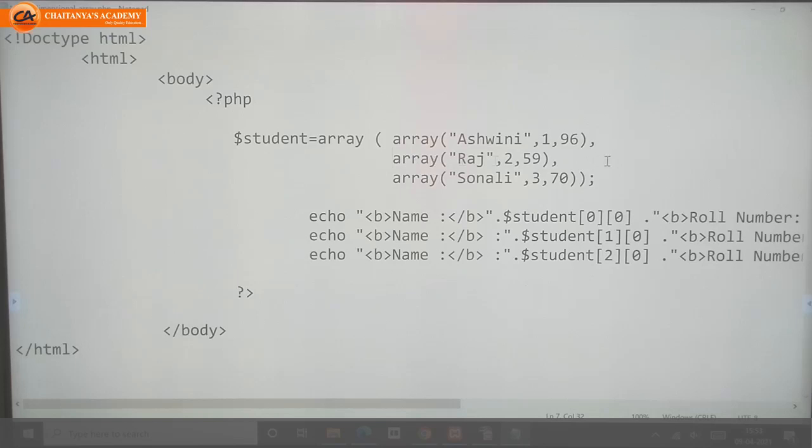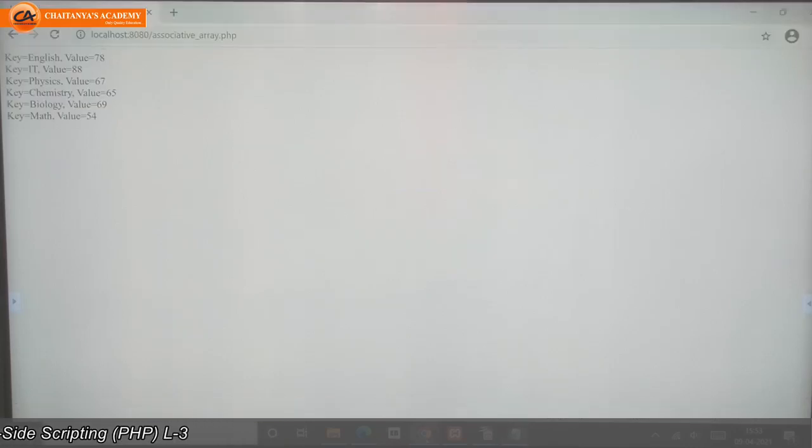Student of 1 2 means second array, third value. Third one, student of 2 0 means third array, first value. Student of 2 1, third array, second value. Like that. We'll check with the example, with the output.